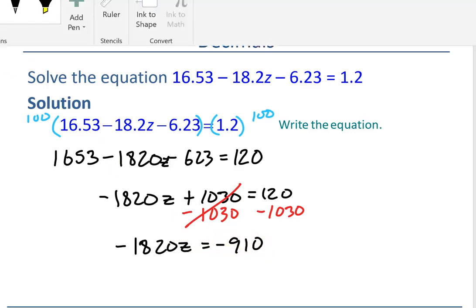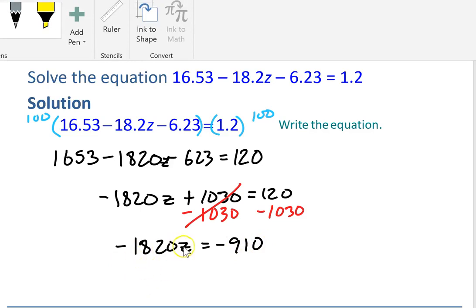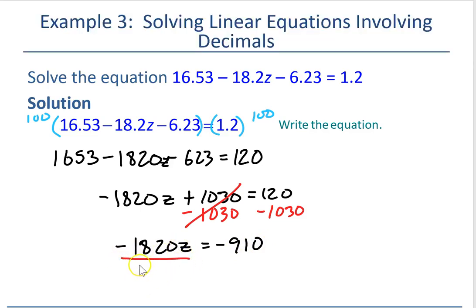Okay, well, I need to come in here and go and get that z by itself. Well, since I've got multiplication happening, I'm going to go ahead and divide. And here I'll just go ahead and do 1820 negative. Don't forget the negative. And then I've got 1820 negative here. Do the math on that. So divide off by negative 910 divided by negative 1820, and we get